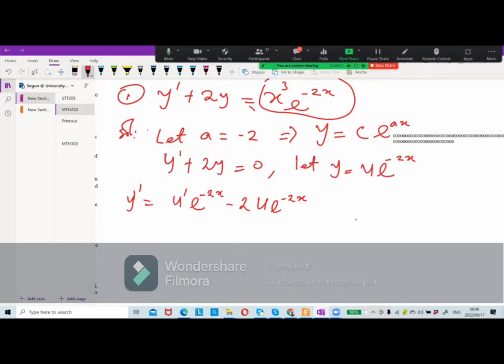Go back to the equation 1. But for us to go back to equation 1, something has to be done urgently. So let's go to equation 1. Equation 1 will be, substitute everything into it. We have y prime, or let me call this one equation 2, plus 2y equals to,